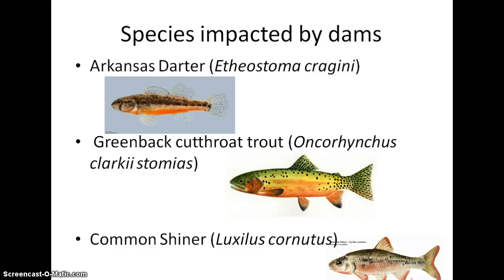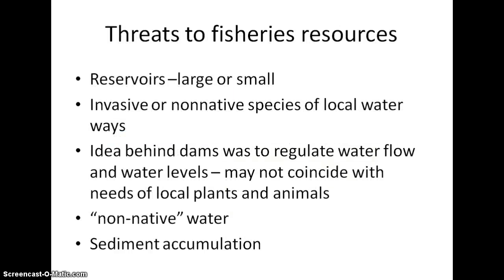The dams are really causing problems for this trout. Another one is the common shiner, and it should also be found along the Arkansas drainage. Some of the threats to the fishery resources are the reservoirs in general. No matter whether they're large or small, they seem to be having an impact on the fisheries